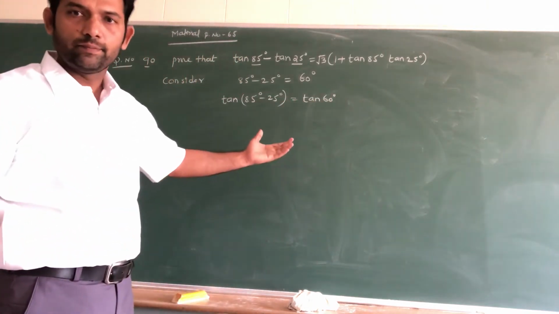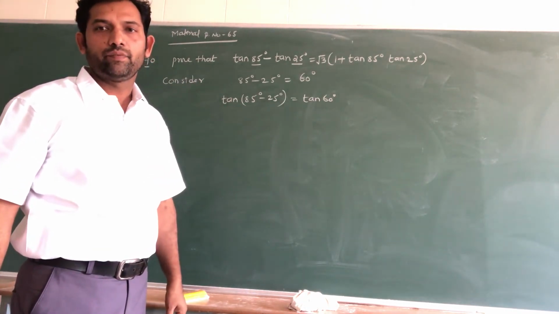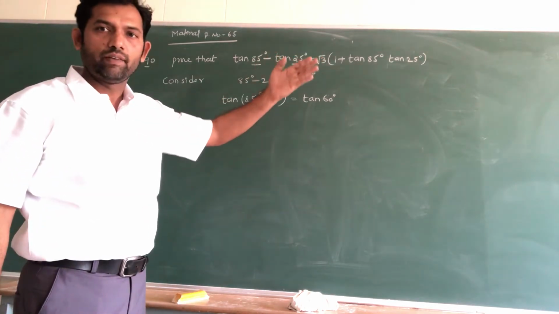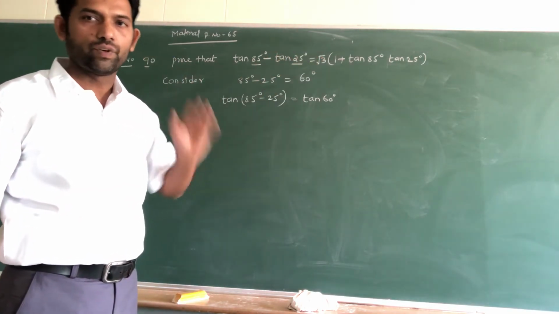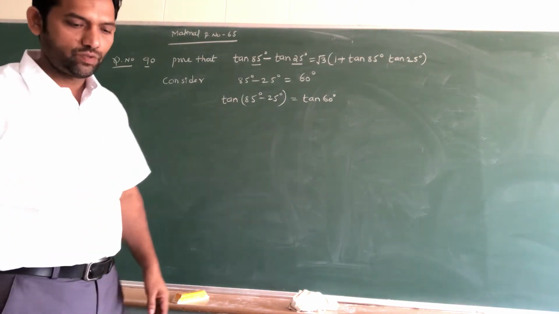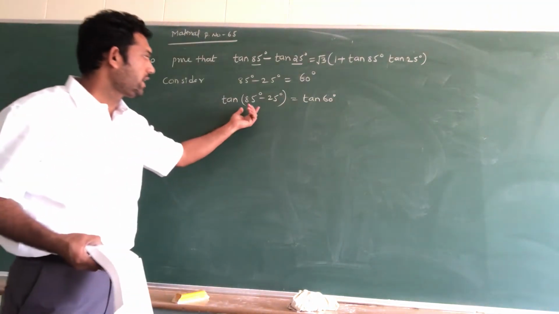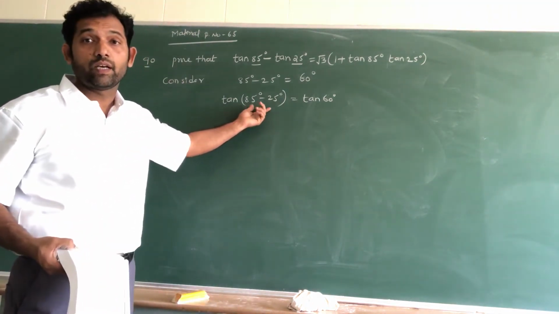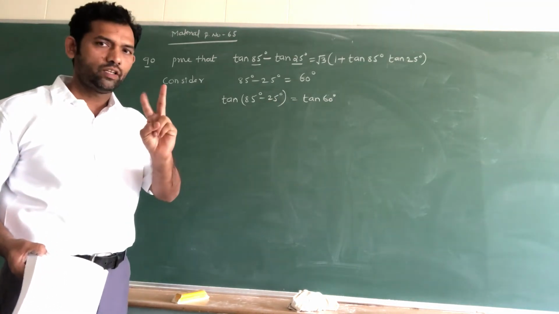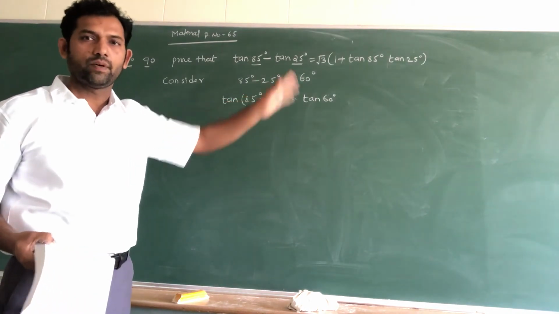Now apply simplification. On the left hand side you take the tan A minus B formula, or tan x minus y formula. Apply it, simplify, and you will get the solution. Do this one as homework. Understand, students? Here you have to expand the tan x minus y formula. Next step will get the solution. Only two steps: formula, then the answer.